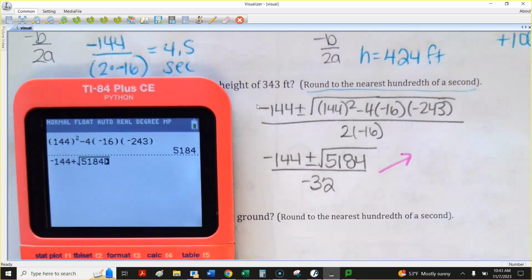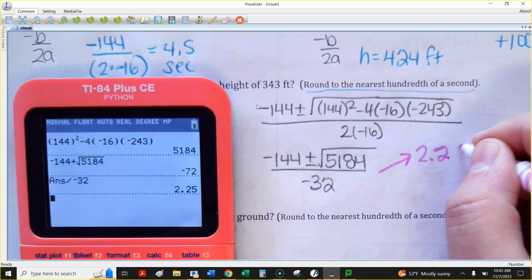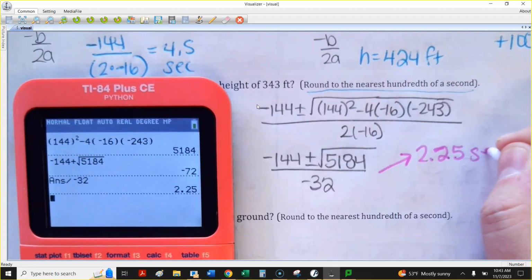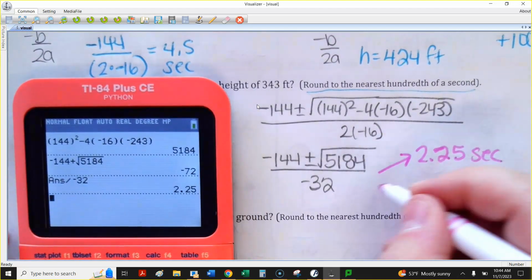Hit equals, just hit equals, because I want to know what that number is, and that's actually a nice number, it's negative 72. Then divide it by that negative 32 on the bottom. So if I add, I get 2.25 seconds. That's going to be where it'll hit on the way up. And then on the way down,